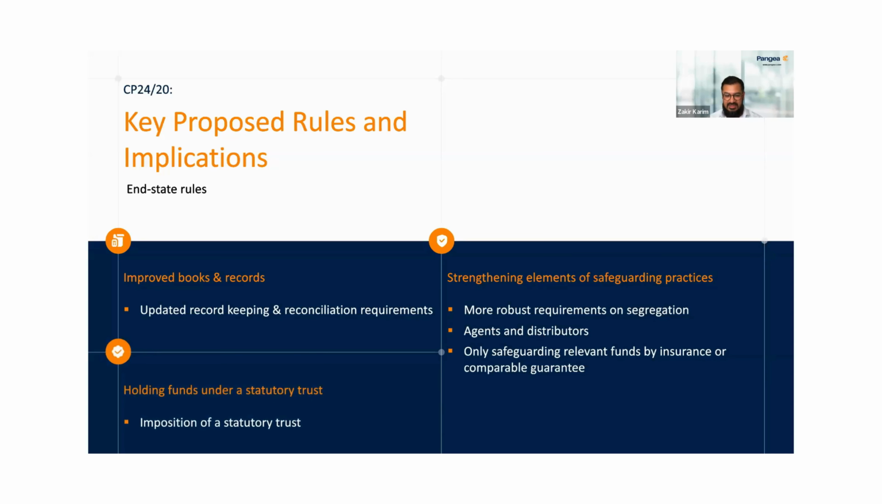And the final aspect is the holding of funds under a statutory trust. So that's the main aspect that comes in at the end state rules. So this will be the imposition of statutory trust over relevant funds. So just like how we have acknowledgement letters in place in CASS firms, firms are expected to have acknowledgement letters signed with their banks that provide trust status over segregated client money. The same concept will start applying to relevant funds held by payment firms, and